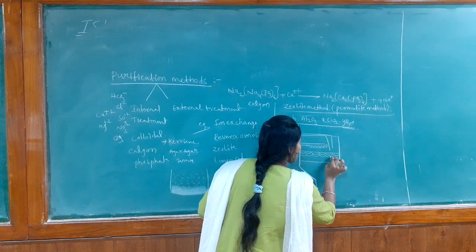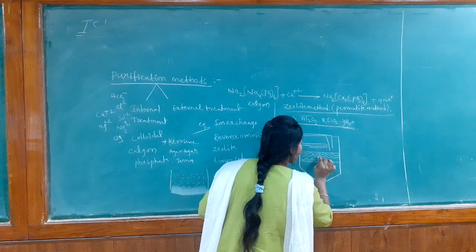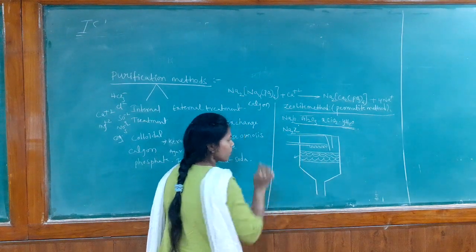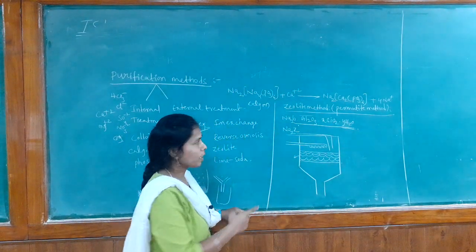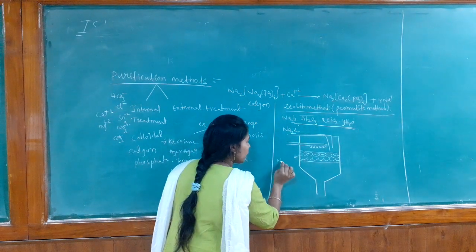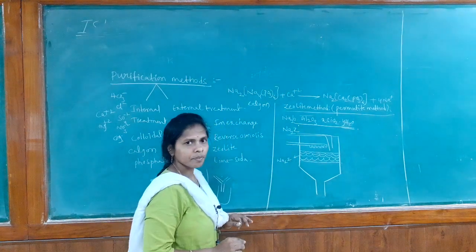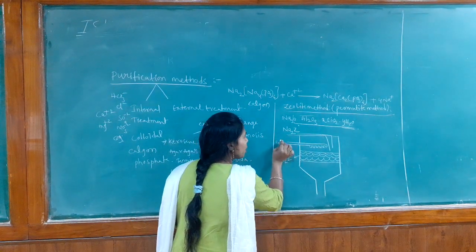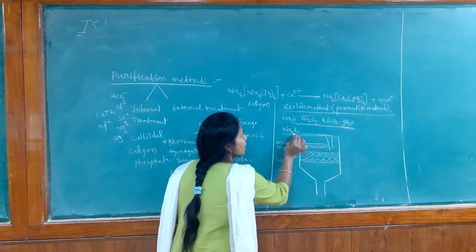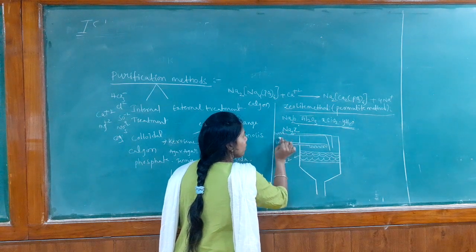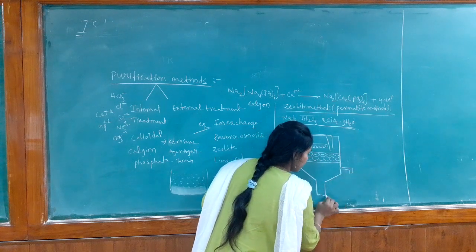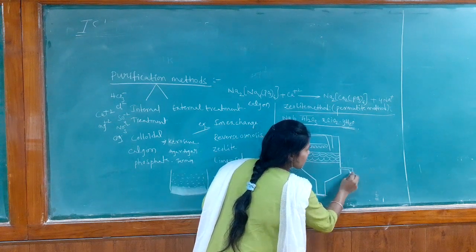It has a porous structure, it has pores, these are the holes. So this is the zeolite bed. We know the formula of zeolite is Na2Z, so I am writing here Na2Z, that is the zeolite bed. I will explain later why we are using this inlet to send the brine solution, and this is the inlet to send the hard water sample. And this is the outlet, this is the cap for closing, and this is the outlet.